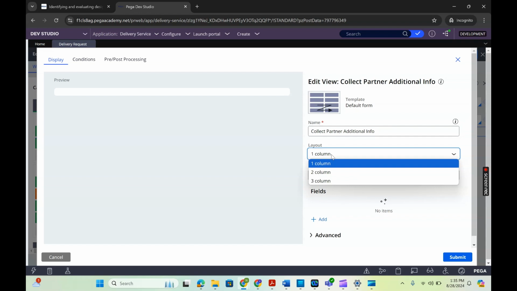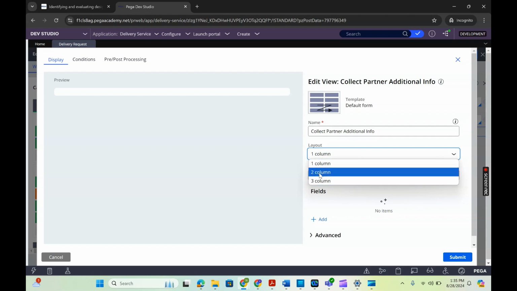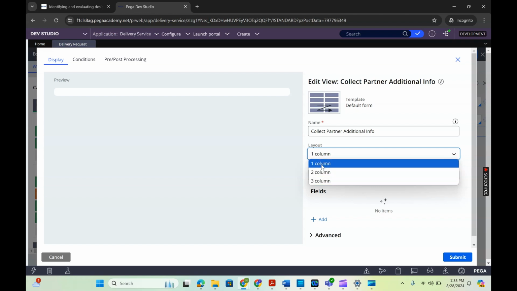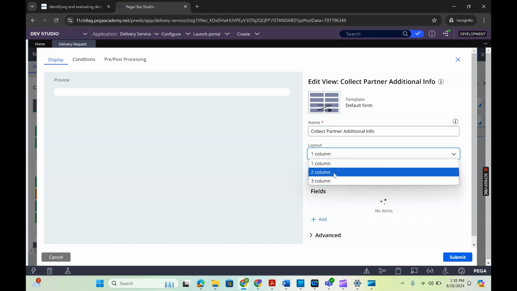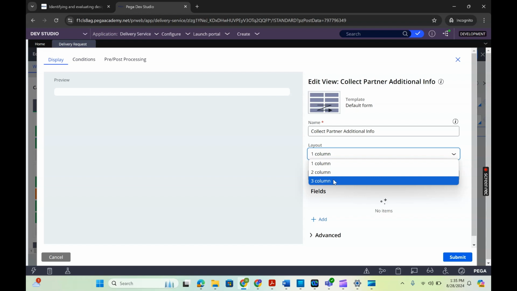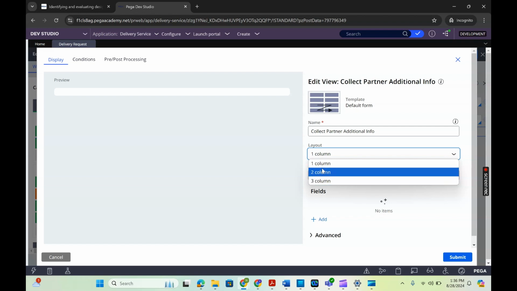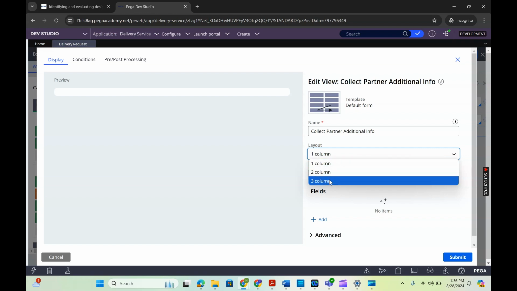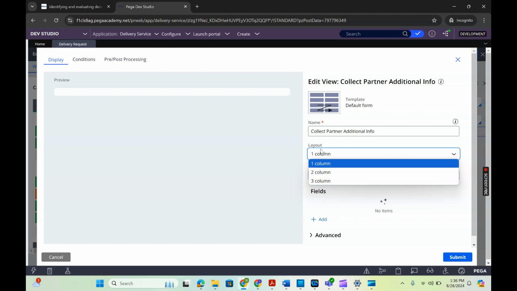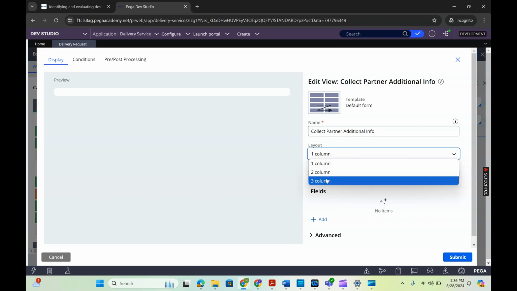And the column layout, whatever column layout you want to have, you can have it. As of now they have only three column layout. If you want more than this, we can implement a custom component to bring more than three column layout. As of now they defined all this based on the screens only. If we go beyond 3, then the screen might not look good. That's the reason they have given maximum as 3.